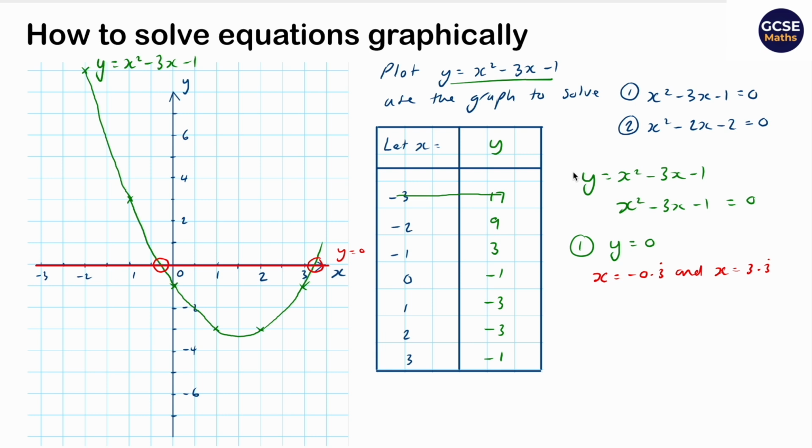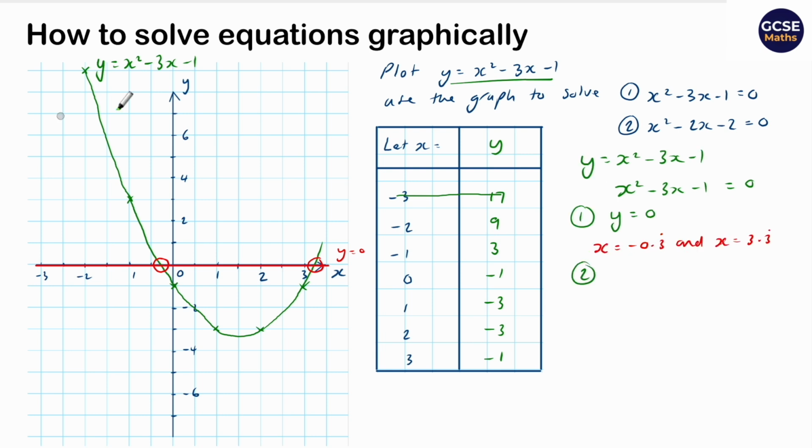Let me move this up to give us some space. So now we're on question 2. Okay, so now I'm going to use y equals x squared minus 3x minus 1, and I'm going to look at this equation here that I've been given. x squared minus 2x minus 2 equals 0. And my aim here is to try and find the difference between these two. And the difference in this case should give me a straight line that I can draw onto this graph. So for example, I could draw a straight line through here, if that's where it was. And then I can use that straight line to find where the values of x would be,